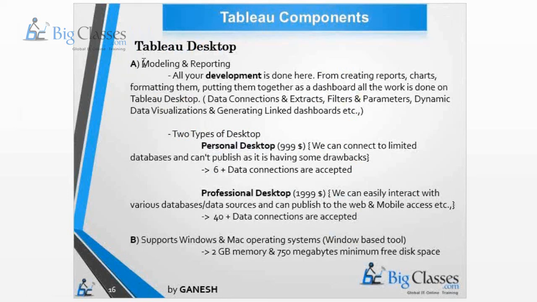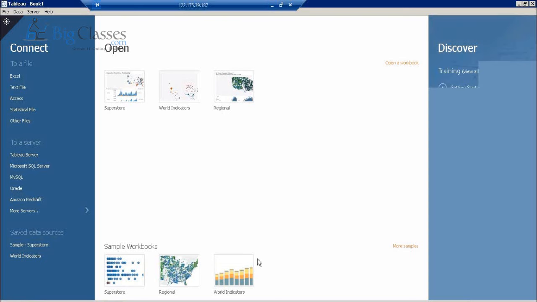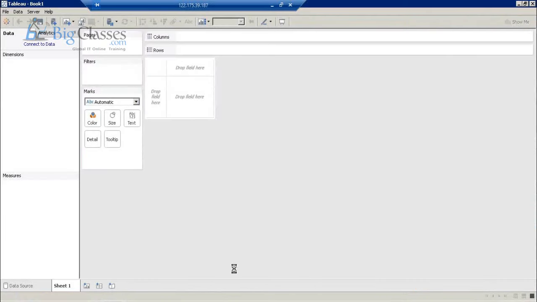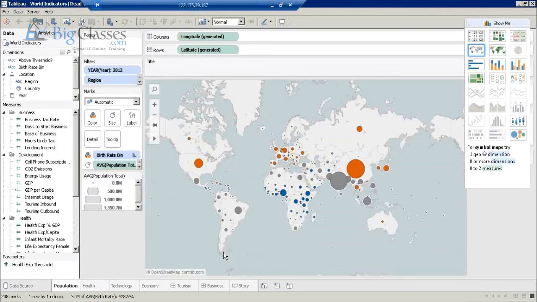Look at this, modeling and reporting, all sorts of development would be done over here. For example, with the help of this Tableau Desktop, you can generate this kind of sophisticated reports.